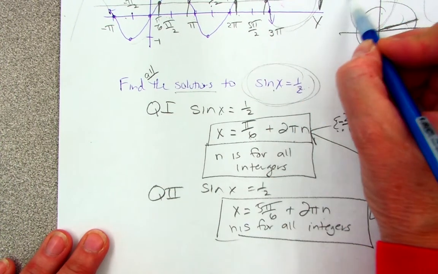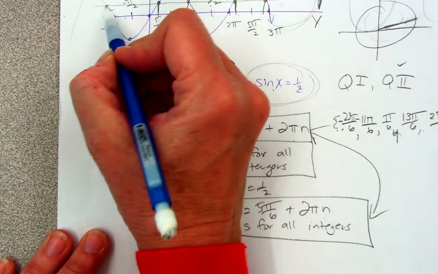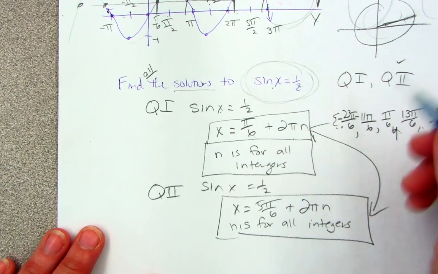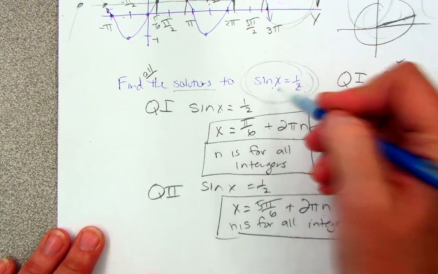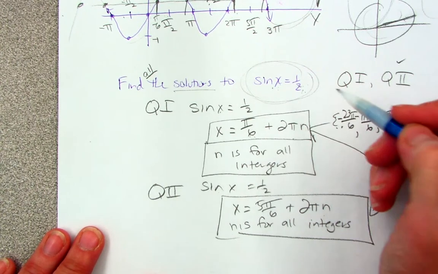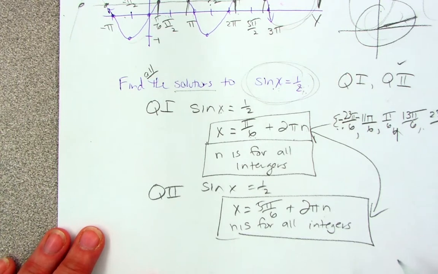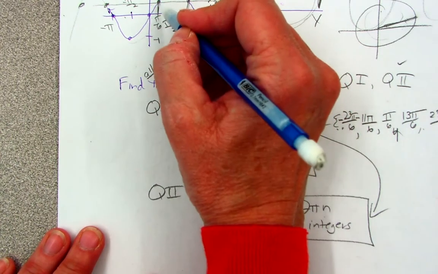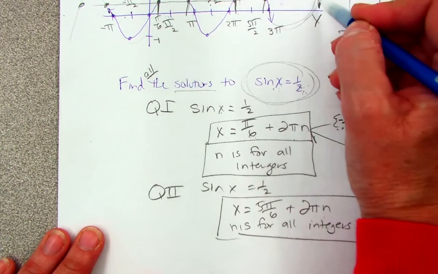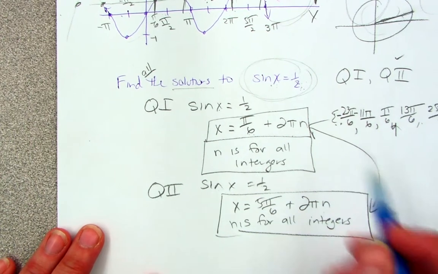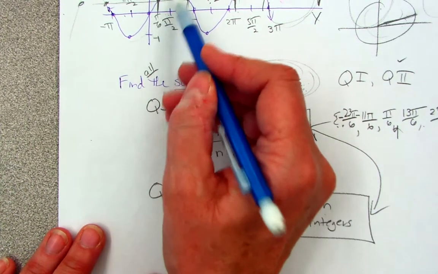And every time it goes up and down, it's going to happen here. So which x values have a y output of 1/2? It'd be at this one, and this one, and this one, and this one. Oh, I notice that's a pattern. It always seems to be right here and here, and here and here. Interesting. Well, I think about the unit circle, it would be for quadrant 1, which this is quadrant 1